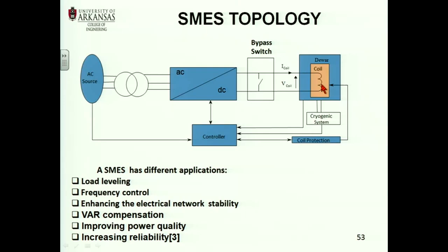You will use an inductor when you want a DC current, sorry, no change in the current. So what happens is, because of the coil, the current in the coil cannot change, and so the current now is going to go basically through the inverter into the grid. But remember, the amount of energy here